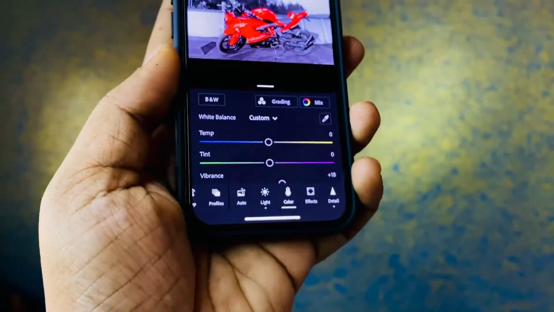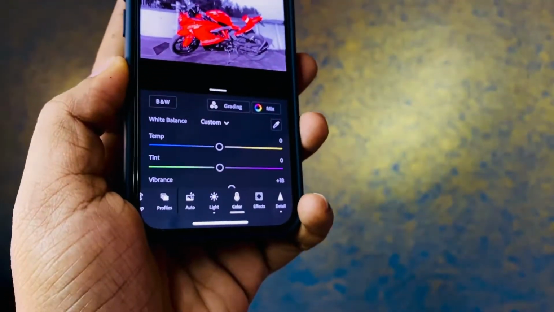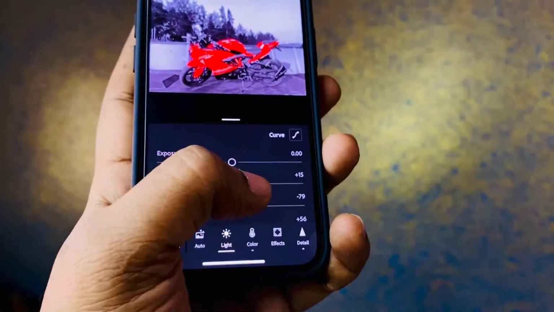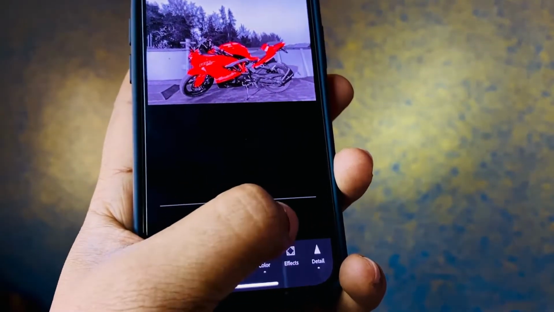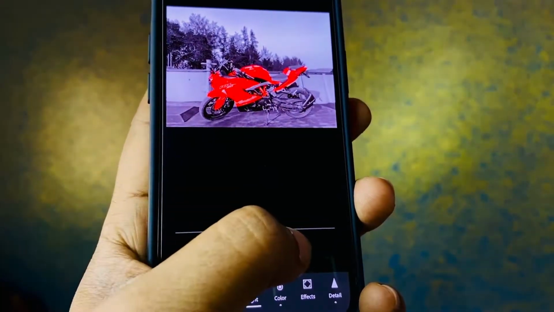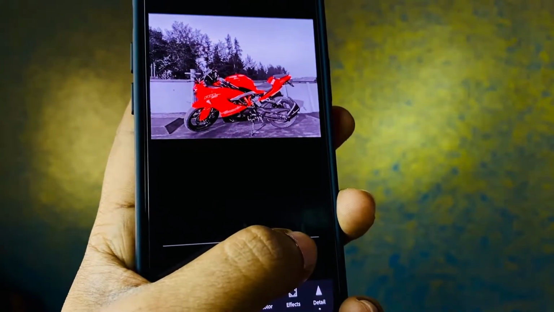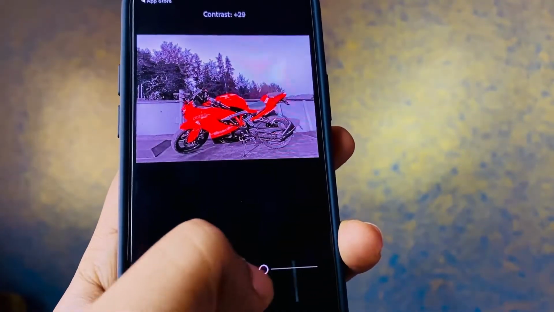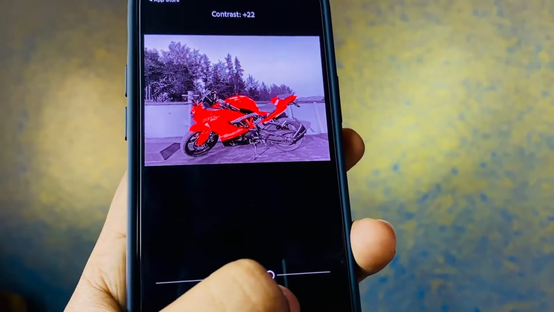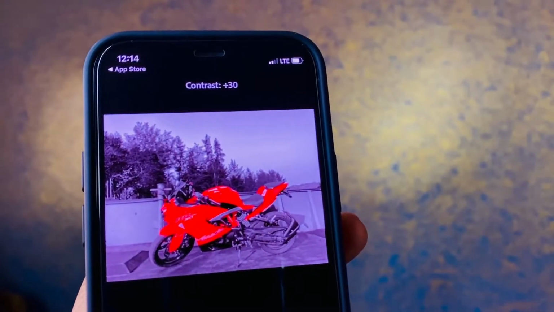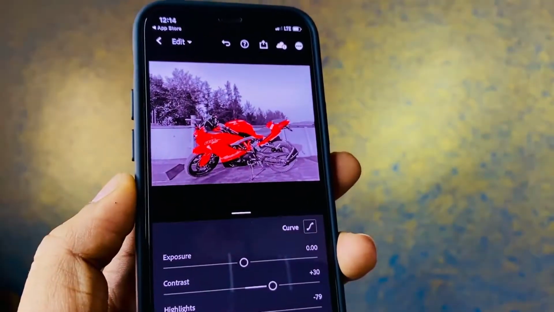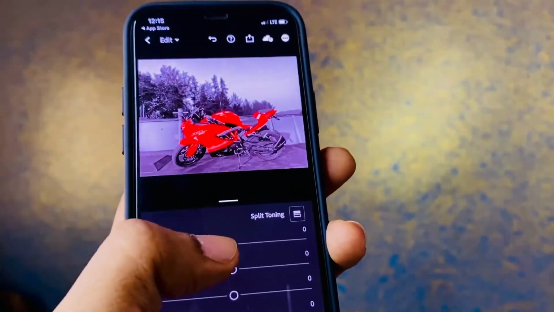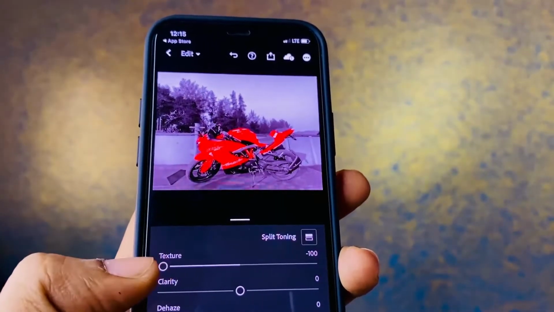So once I'm done, then I'll be going to something like effects or light, or you all can let me just go to the light, and we are going to turn this particular clarity slider guys to the max, and you all can play around with it, choose what is the best effect for y'all. And based on this, actually my camera is not doing justice to it, and with this you all can even change the contrast, the clarity, and texture.